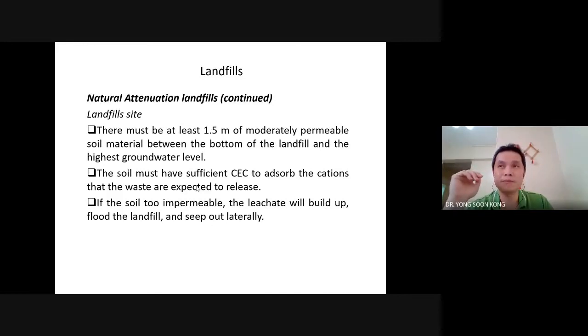So this is usually used to store all those drums that contain treated hazardous waste. For example, if you have mercury contaminated waste, it is limed first and then put into cement and into a drum. After that, what do they do? They just transport it to this landfill, the secured landfill, and keep it there. The reason why this is so is because